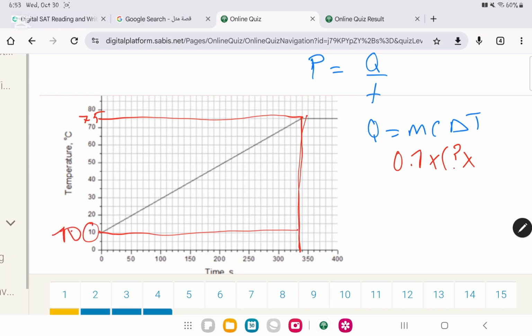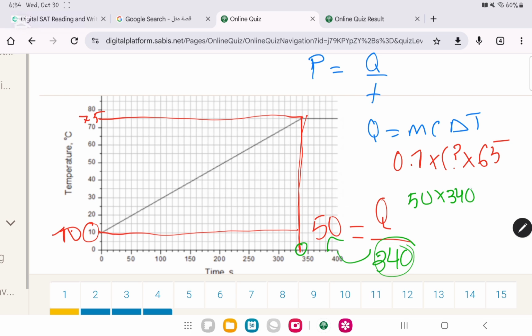So 75 minus 10 will be 65, which is the delta T. Now we have the power, which I believe was 50 watts, is equal to the Q, which we need to find over the time. By checking the time, it is almost 340, I would say. So 50, the power, is equal to Q over 340. Bring 340 to the side, you're gonna get that 50 times 340 is equal to Q. If you do it on your calculator, you are gonna get